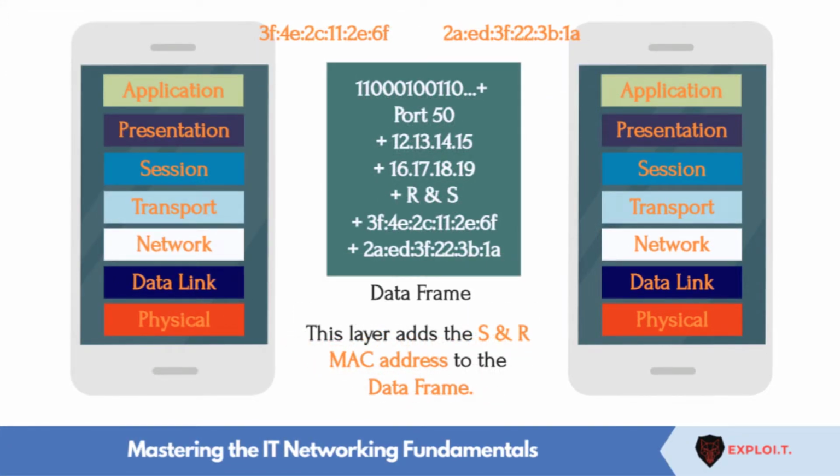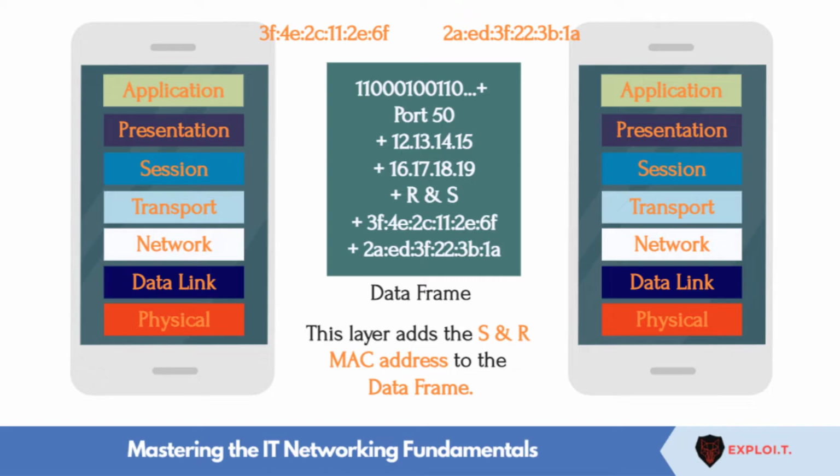So when this information is added to the packet, it goes to the layer below, that is the data link layer. On the layer 2 or the data link layer, we have the MAC address. MAC addresses, or layer 2 addresses, work on the data link layer. The data link layer adds the MAC address of the sender as well as the MAC address of the receiver